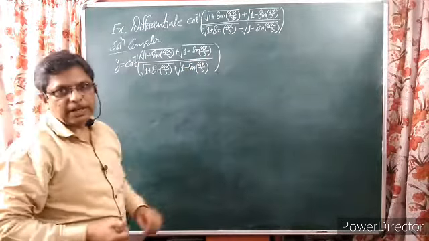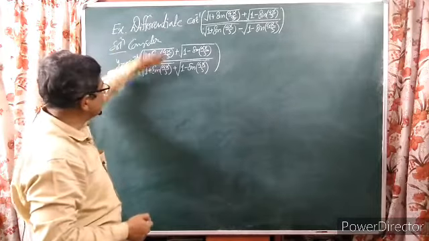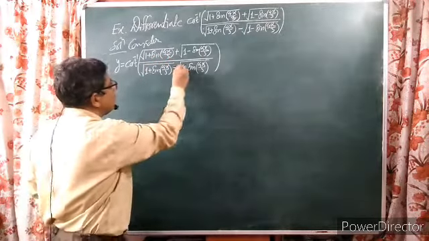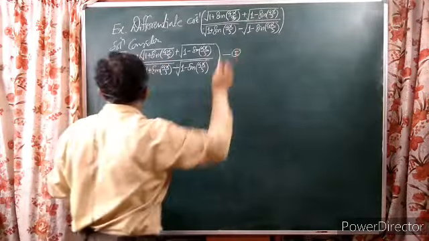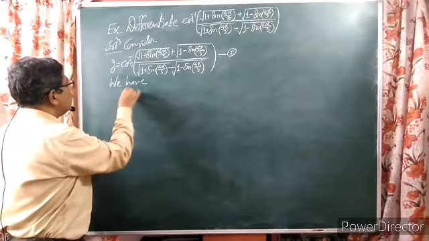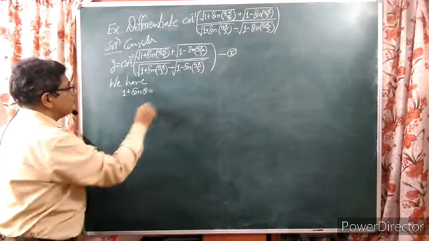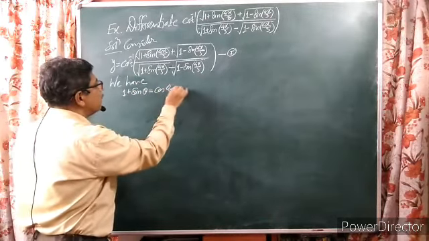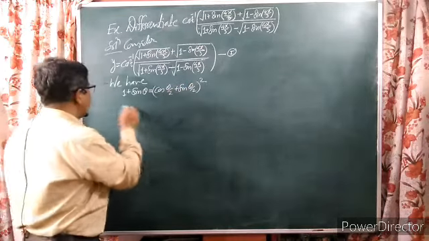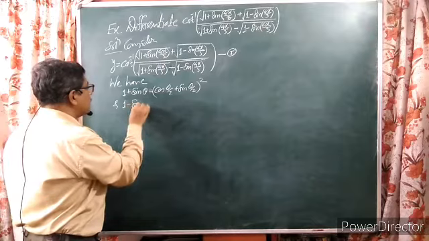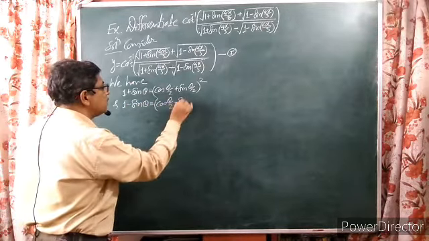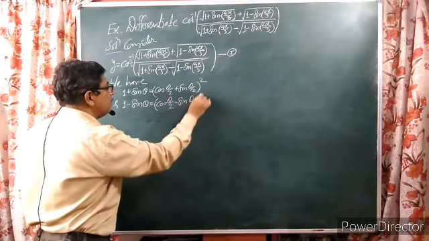You may continue like this, or you may consider tan inverse after taking the reciprocal here. Here it should be minus. And I will call this equation number first. We have 1 plus sine theta is equal to cos theta by 2 plus sine theta by 2 bracket square, and 1 minus sine theta is cos theta by 2 minus sine theta by 2 bracket square.